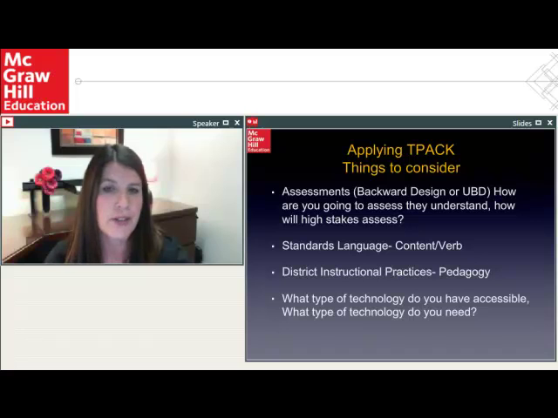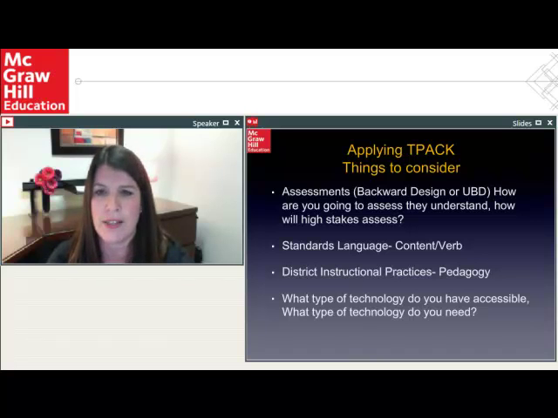What are the standards that you are trying to cover? You have to really take those standards and unpack them and find out the content and the verb that's inside there to make sure that you're actually delivering what you need to deliver from a content standpoint. Making sure you're covering that standard accurately, because as you know, covering the standard is more than just checking off the box.